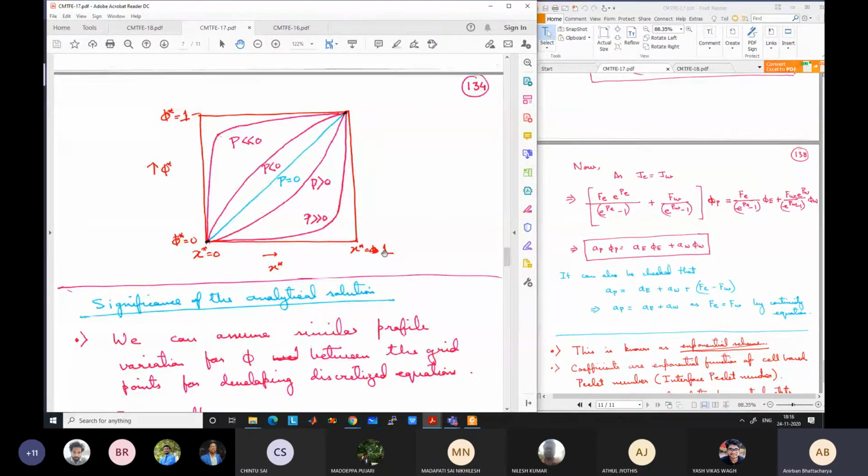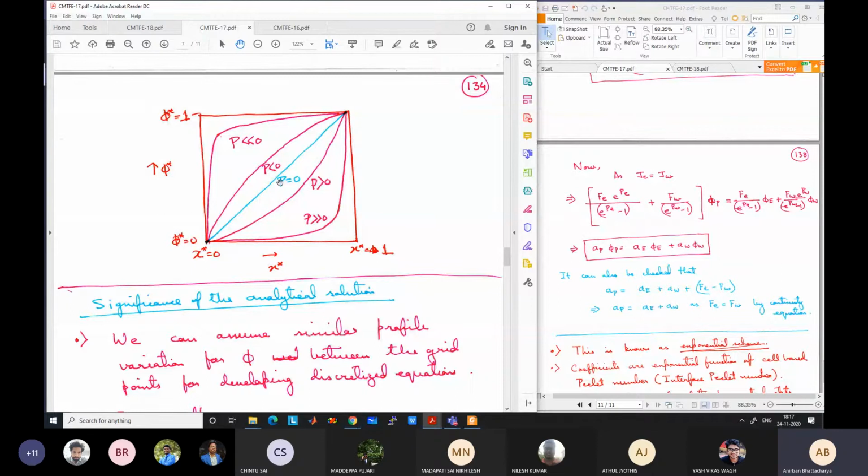So the interface is between x star equal to 0 and x star equal to 1. If you draw a line at the center here, then whatever value you get for these curves should be the exact interpolated value at the interface. For example, if P is very much greater than 0, tending to infinity or very high, then at the interface you will see the value is almost equal to phi star equal to 0, or phi is equal to phi 0. On the other hand, if the flow has very high negative velocity, it is governed by the right side value, meaning the east interface value.